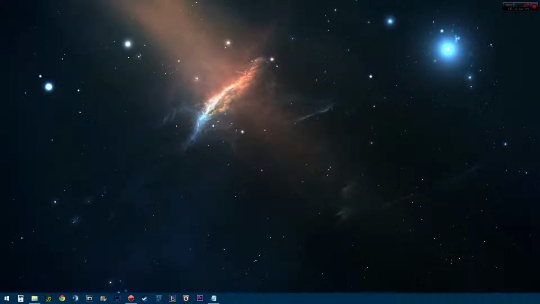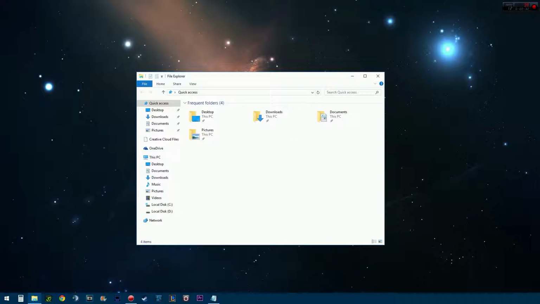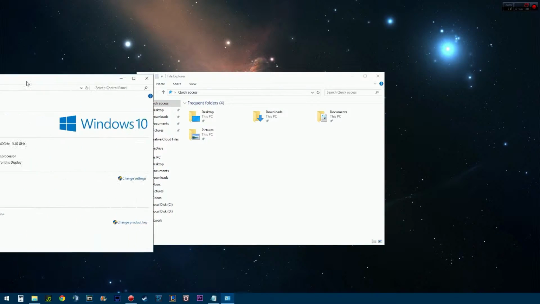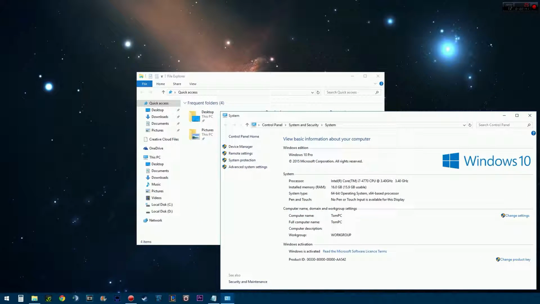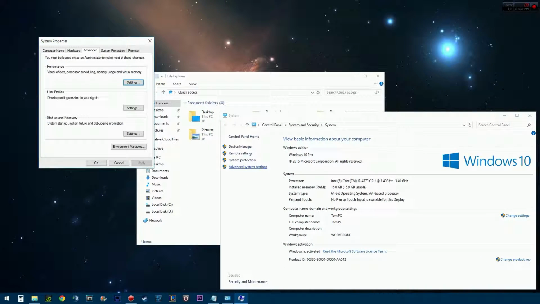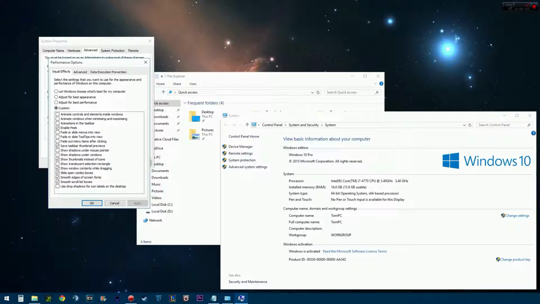The easiest one to do, or the most common one that we see, is you go into File Explorer, right click on This PC, hit Properties, and this little window comes up. What you do is you hit Advanced System Settings, go to the Performance tab, go Settings, and then you alter these settings. For best performance, obviously you can just click Adjust for Best Performance. That will give you the best performance, but there are some features that I want to